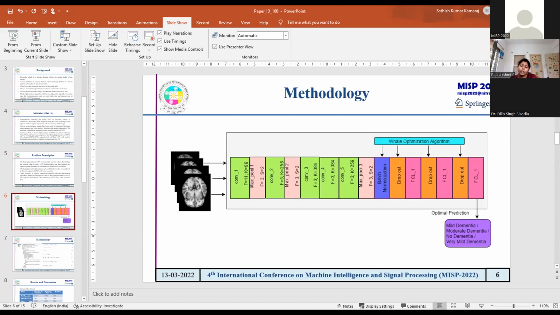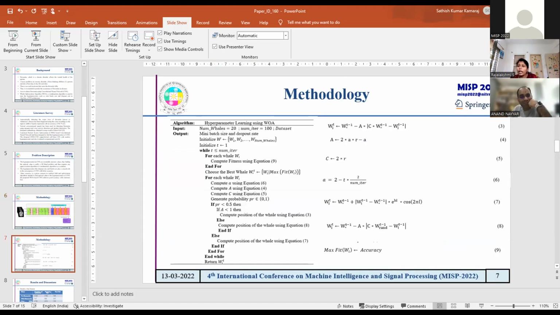In this paper, we have taken 2 hyperparameters, dropout rate and mini batch size, for fine-tuning the convolutional neural network in order to prevent the model from overfitting, and also to boost the accuracy with minimum loss. We find the values for dropout rate and batch size, and then the model is trained to optimally predict the occurrence of dementia. The input data set has been taken from Kaggle, where the dimension of the data is 227 x 227 x 1.